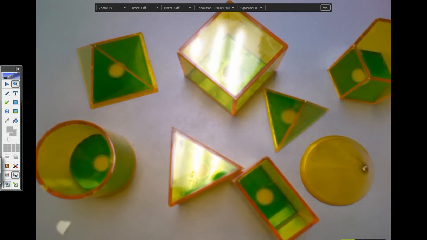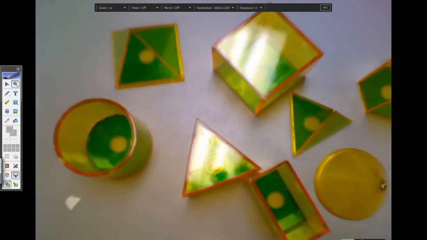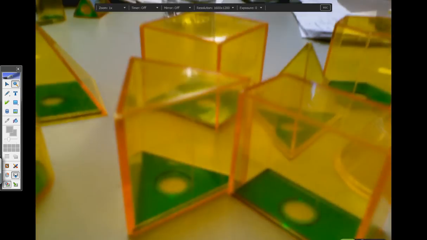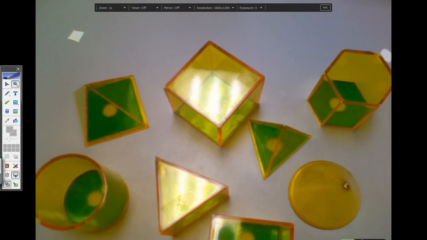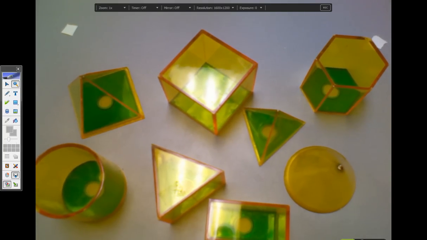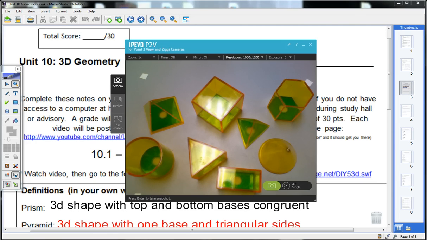We're going to draw them from, as you can see, the top view. We will also draw them from the front view. So what do they look like from the front of a shape? For example, this rectangular prism looks like a square from the front. The two-dimensional shape is a square. So I'll kind of go back up here. But these are the shapes we're going to talk about. And today we're just going to practice drawing them, classifying them, and let me go back here to your notes